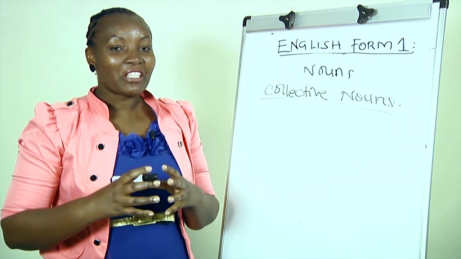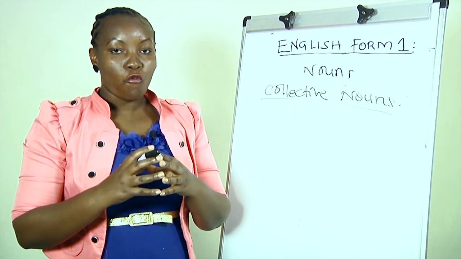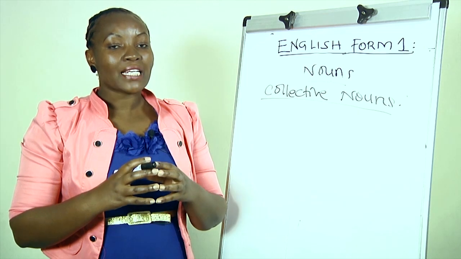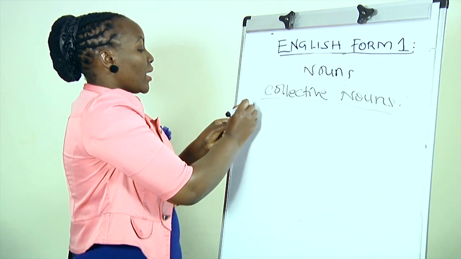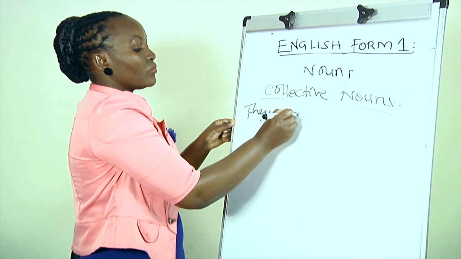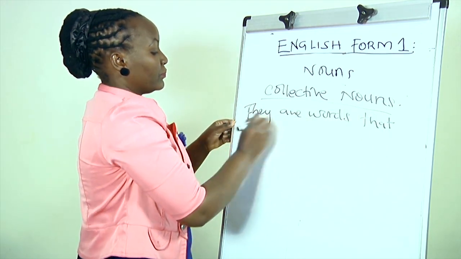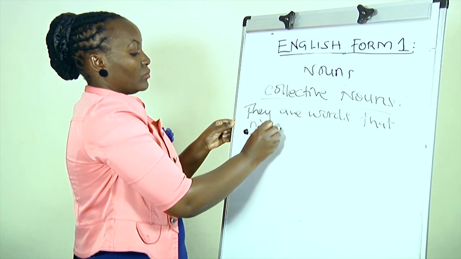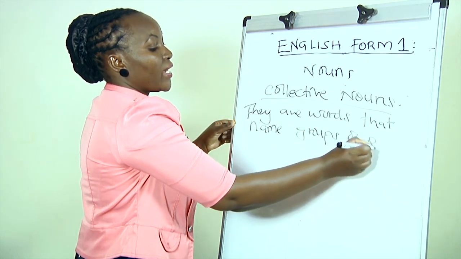So when we bring many things together, then we form something which is in collective form. So collective nouns, we can say, in very simple terms, are words that name groups of either